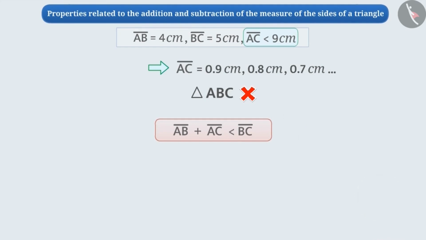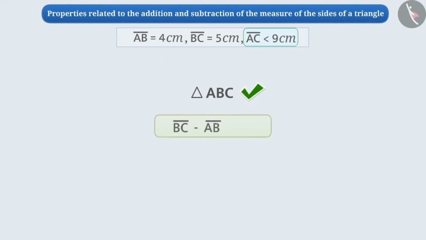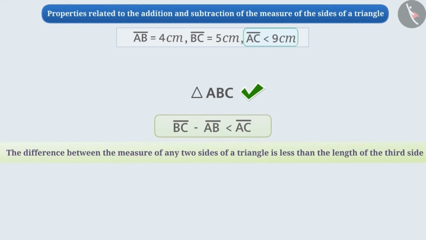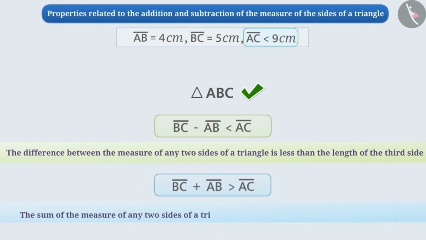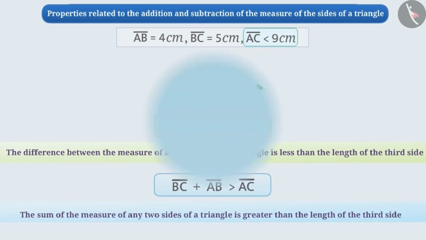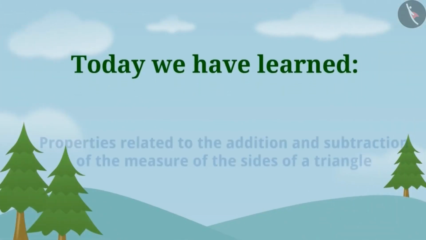Correct. This shows us that a triangle ABC can be constructed only when the difference of any two sides of triangle ABC is less than the third side. In general terms, we can say that the difference of the measure of any two sides of a triangle is less than the length of the third side. In this way, we can say that the sum of the measure of any two sides of a triangle is greater than the length of the third side, but the difference of the measure of any two sides is less than the length of the third side. Today we have learned about the properties related to the addition and